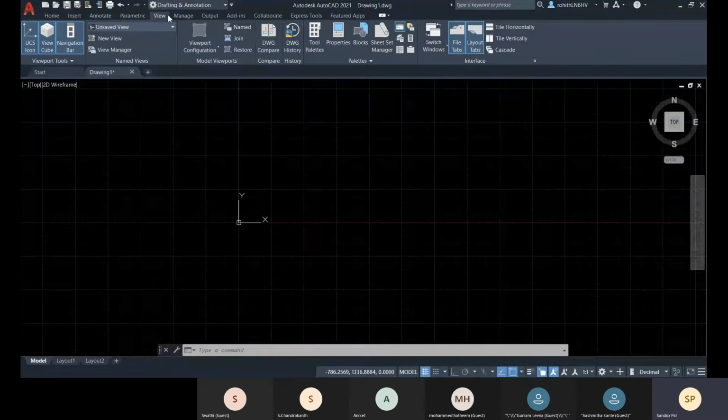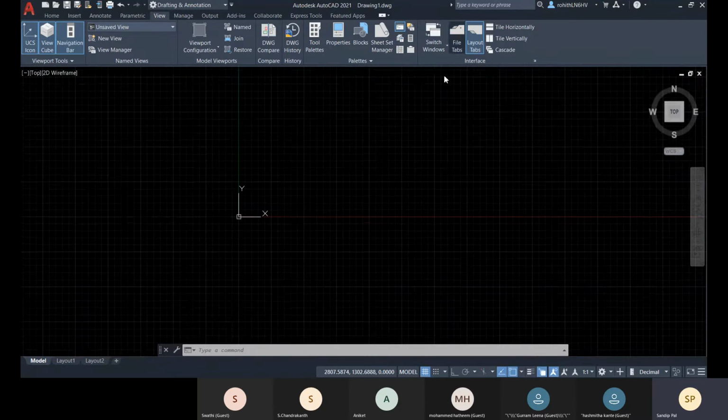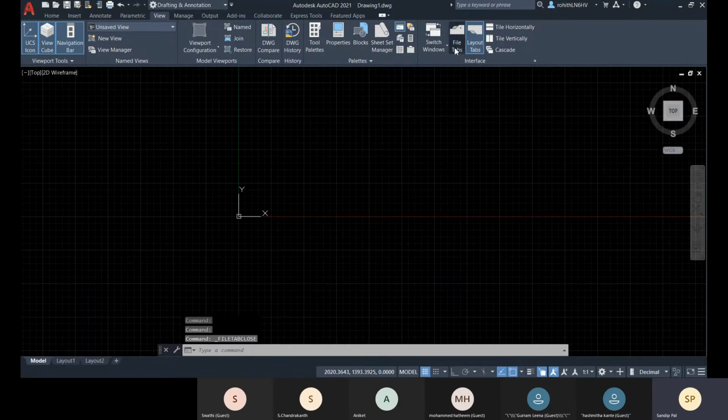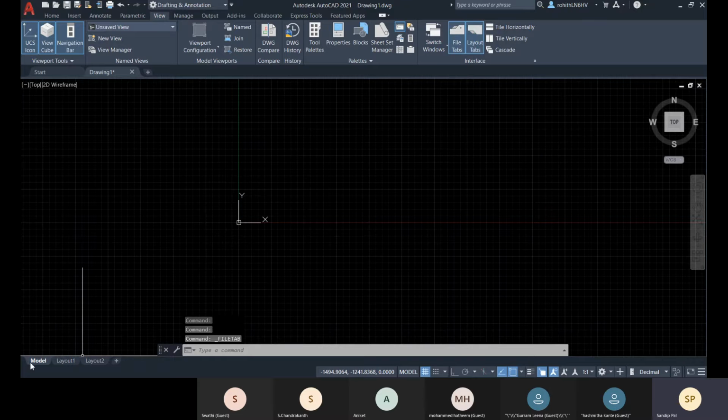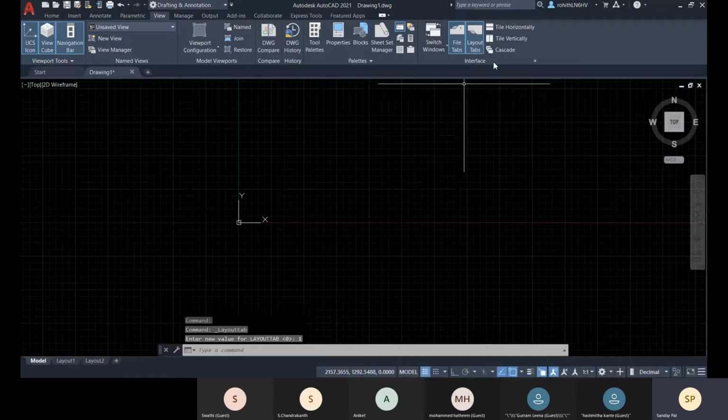Here this file tabs option is checked. If this option is unchecked, please check it to have your file tabs. And about this Model, Layout 2, this is your layout tab. If you want that, come to this layout tab.